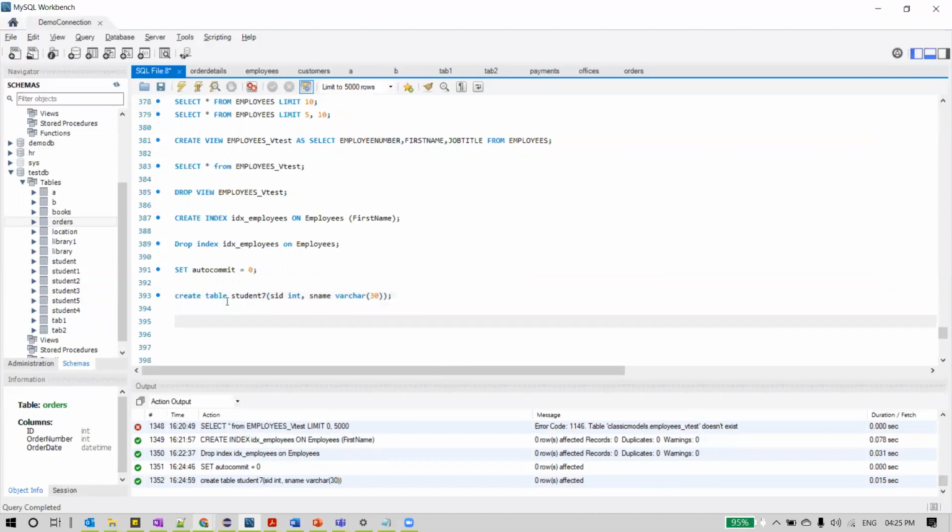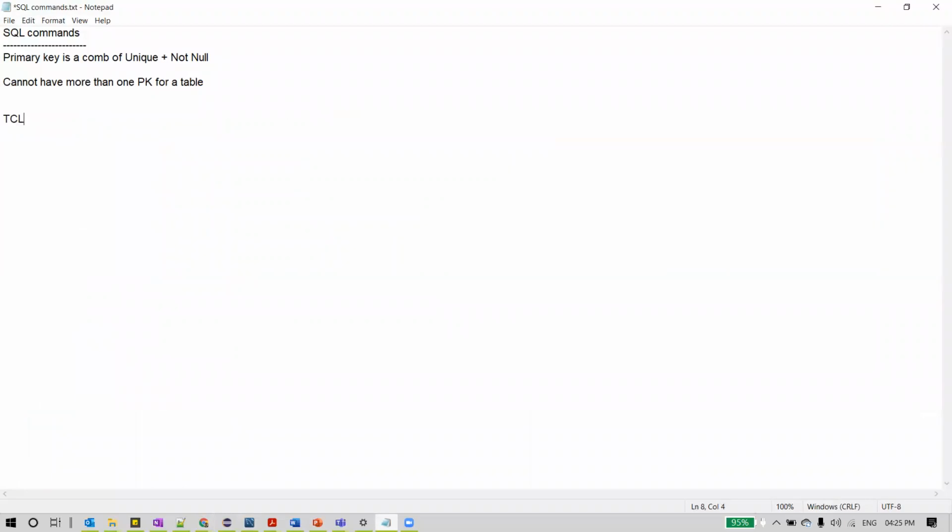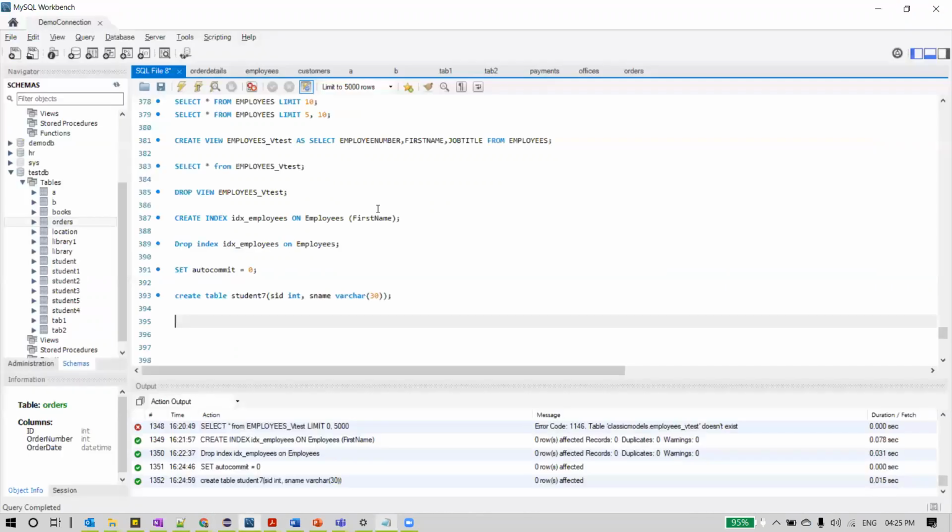And remember, this TCL is applicable only for DML statements, not for DDL statements. If you are using a drop command, which is a DDL command, then that can't be rolled back. So autocommit equal to 0 means you need to specify what has to be committed to the database and what you can roll back.